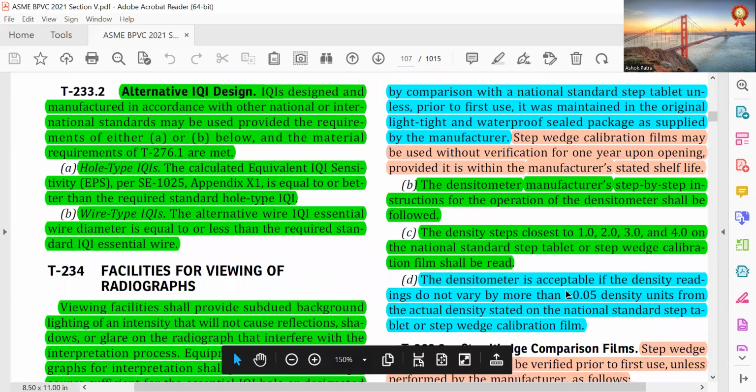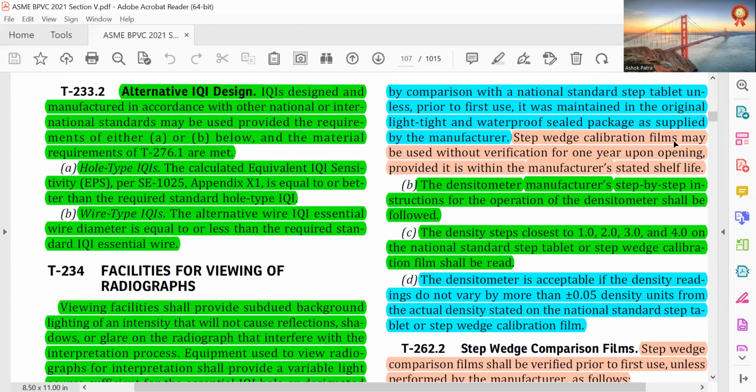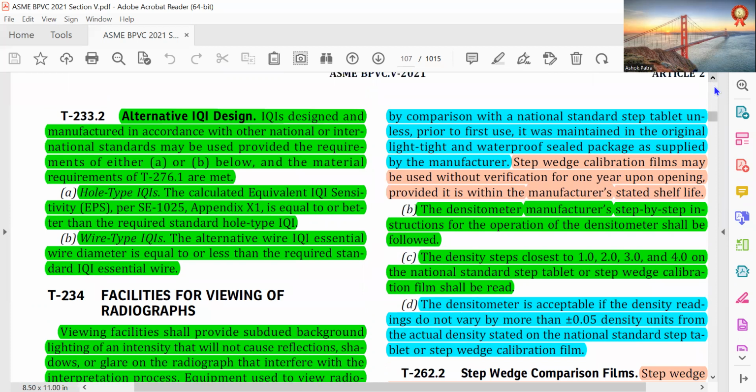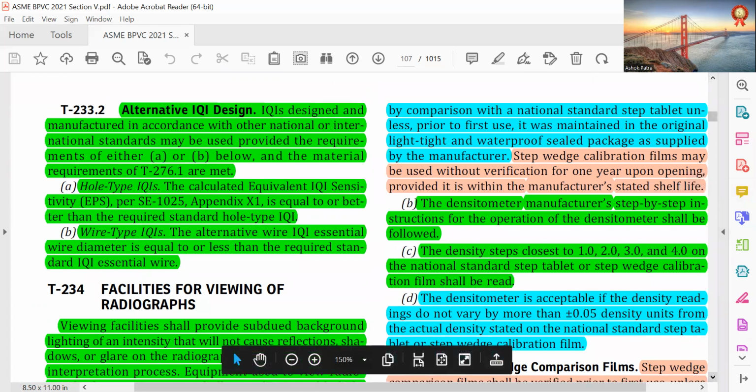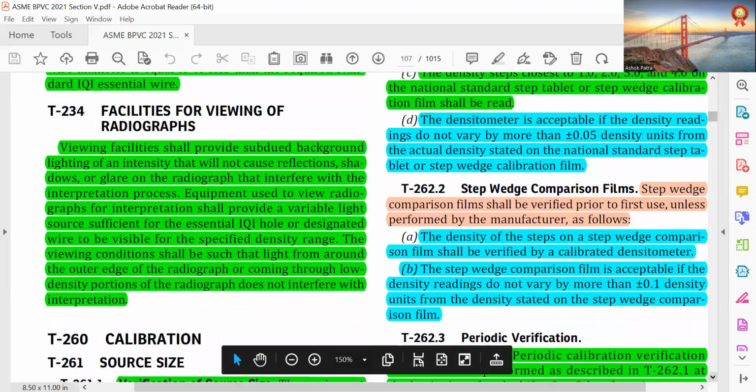I'll just go through this. I'm just going for these blue or red colors. Not going to